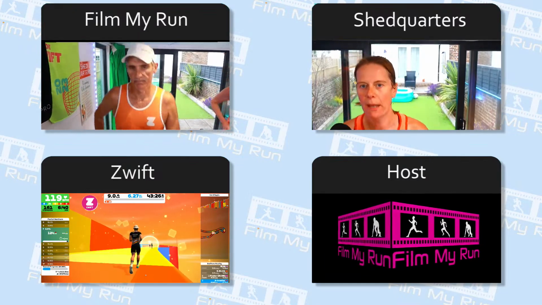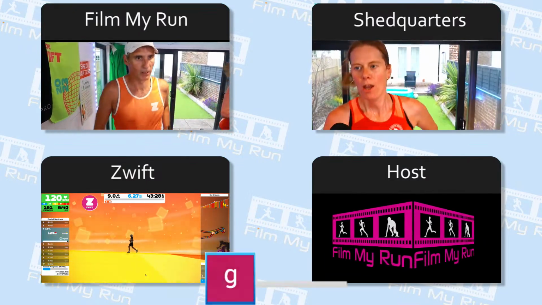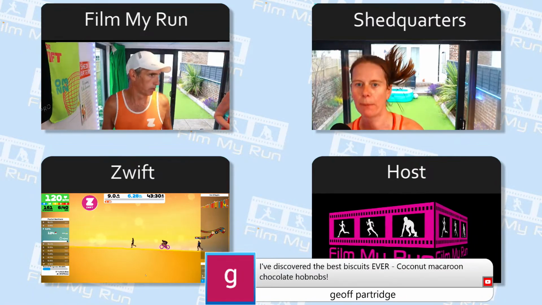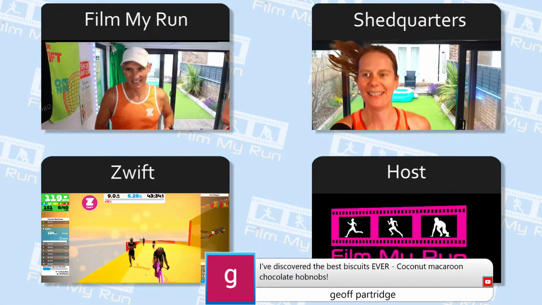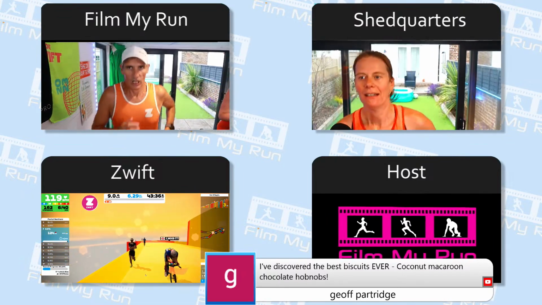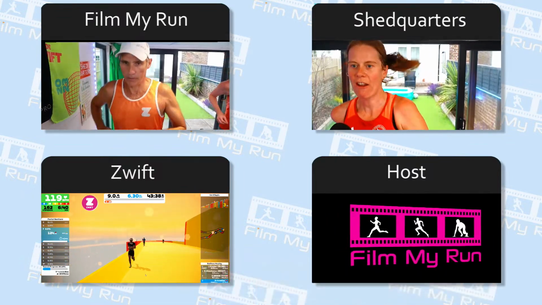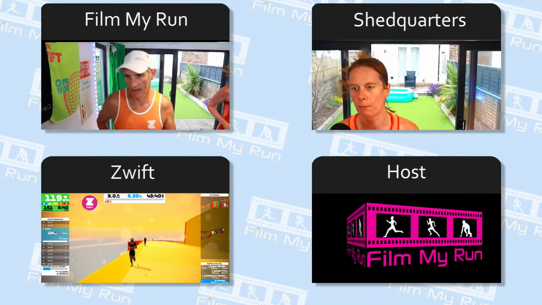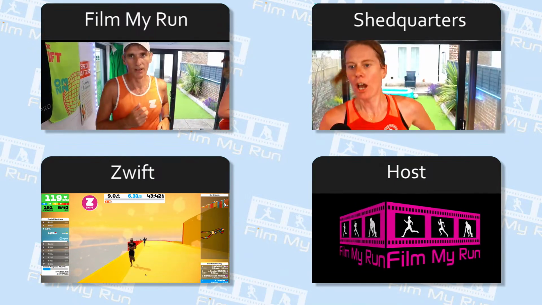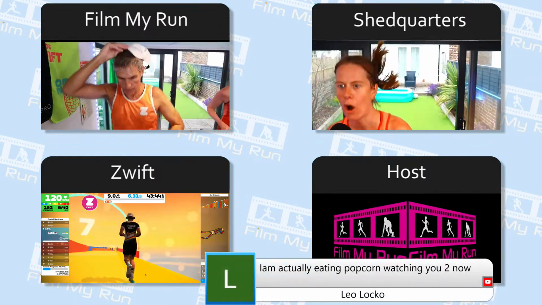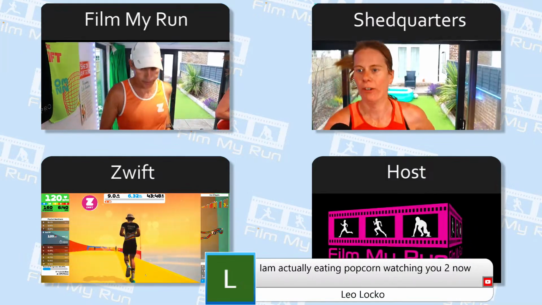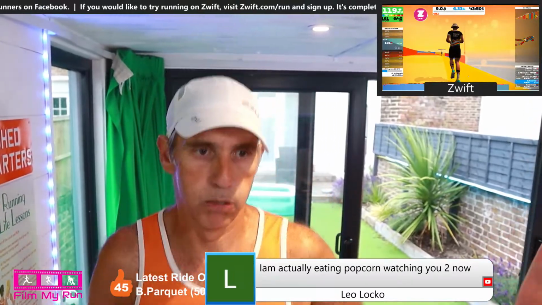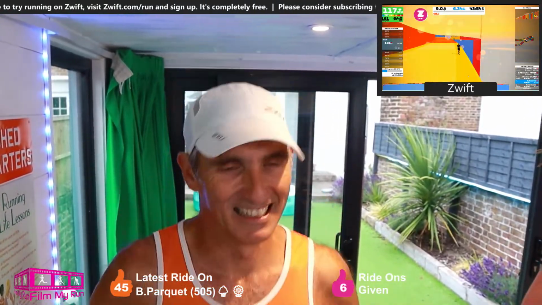I used to only ever make my own popcorn, but recently I've discovered cheap, large bags of popcorn. Ooh, Jeff Partridge has discovered the best biscuits ever. Coconut macaroon chocolate hobnobs. Is that limited edition, Jeff? Leo is actually eating popcorn whilst watching us.